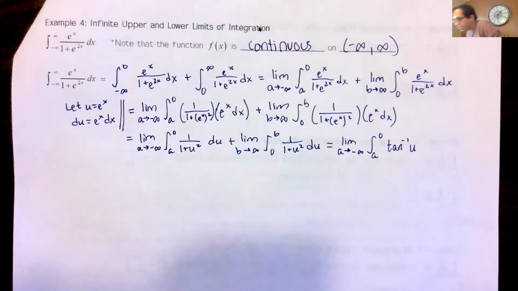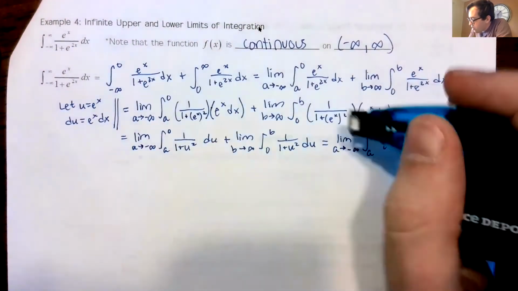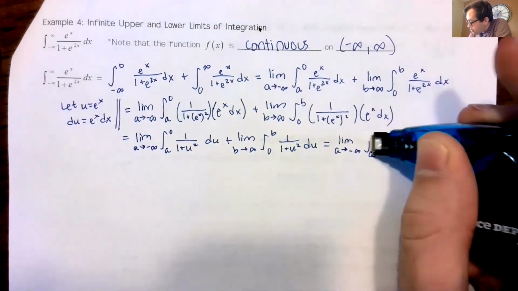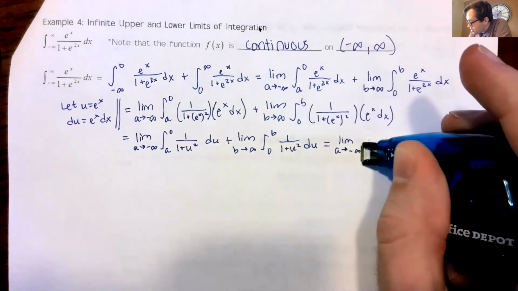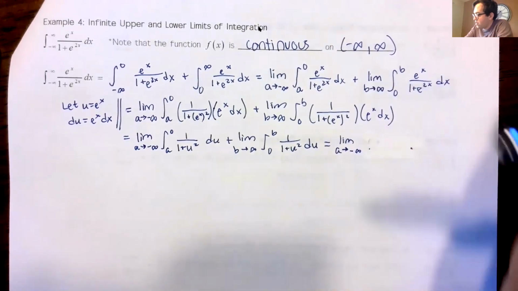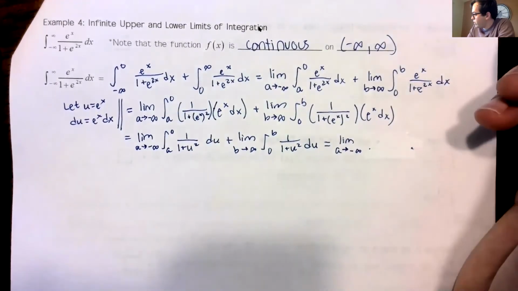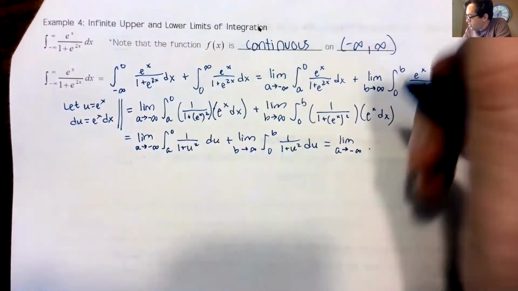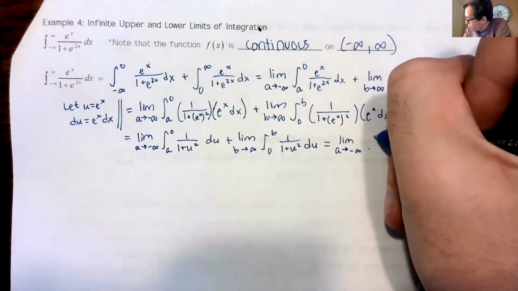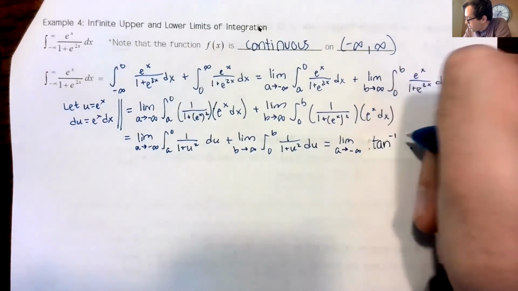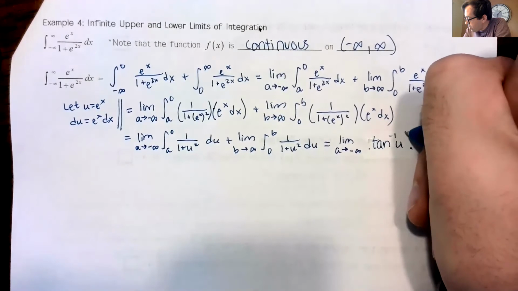Okay, let me wipe that out. I don't want to have to scribble that out, make it not neat. Okay. So once we evaluate, we don't write the integral, obviously. So this is now the limit as a approaches negative infinity of tangent negative 1 of u evaluated